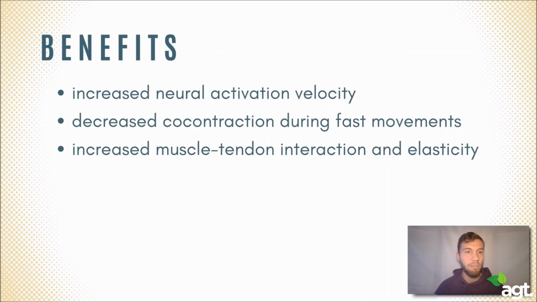The benefits of maximal speed training are an increased neural activation velocity, as we train our neural pathways and our peripheral nervous system to activate those muscle fibers faster and therefore produce forces even quicker. During fast and explosive movements, we're also telling our nervous system to turn off that co-contraction, which is why explosive movements and speed training generally lead to a decrease in co-contraction. Lastly, we're training our muscle-tendon interaction and our elasticity, so all the elements that are responsible for storing and releasing elastic energy without leaking. Usually with training, we can increase